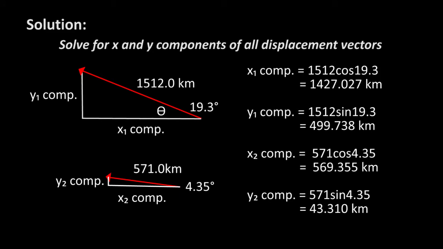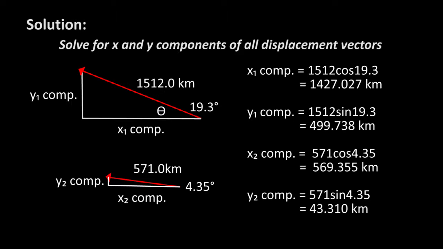We are going to solve for the x and y components of all of our displacement vectors. So let's begin, starting with displacement number 1, which is 1,512 kilometers with an angle of 19.3 degrees west to north. In order to find our x component, we're going to use cosine ratio as we're looking for the adjacent side of our right angle triangle. Put into the calculator, we're going to have 1,512 cosine 19.3, which is